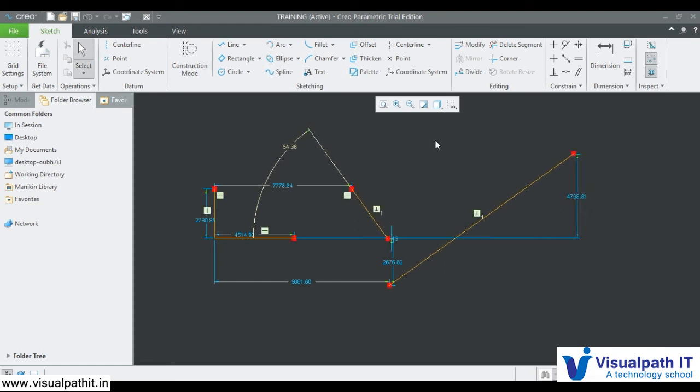Okay, now I want this. If I fix this angle, I defined it but I didn't constrain it. If I define it, then let's say I give a dimension.